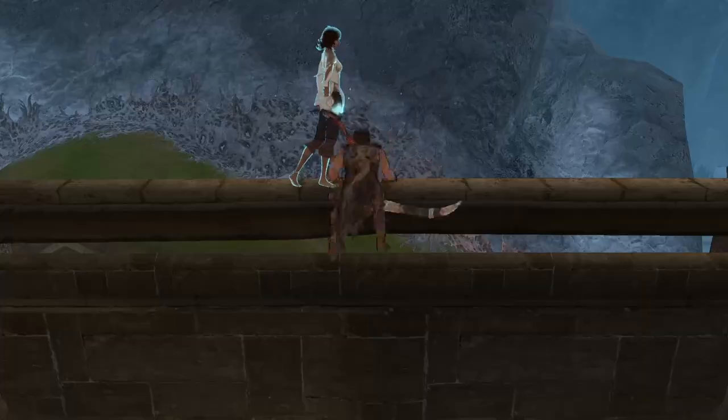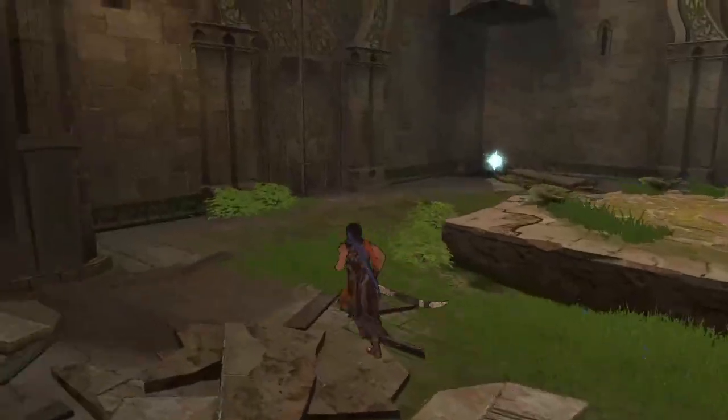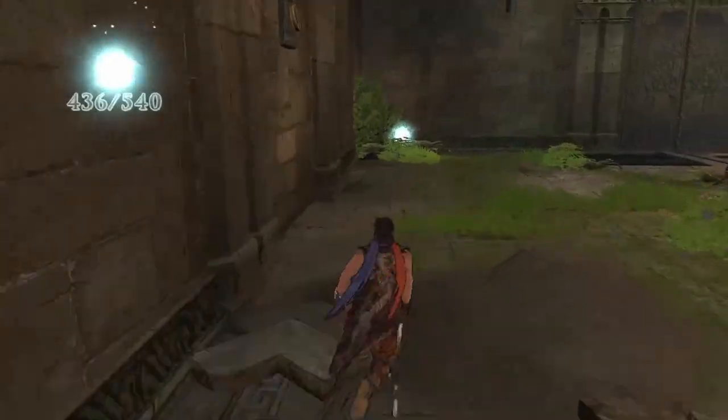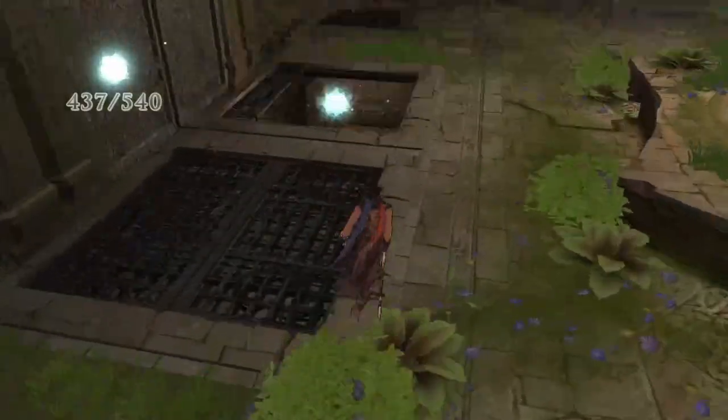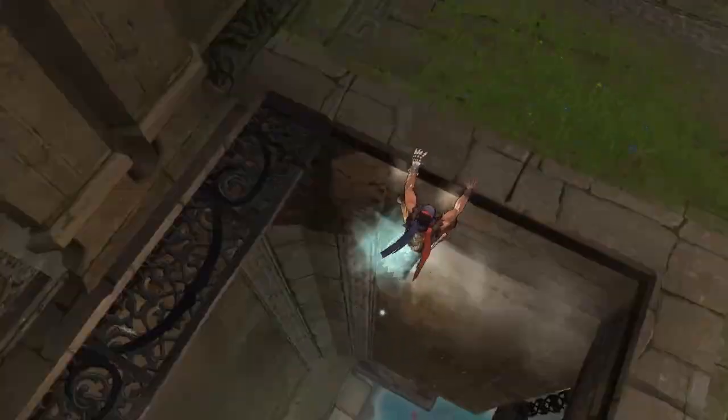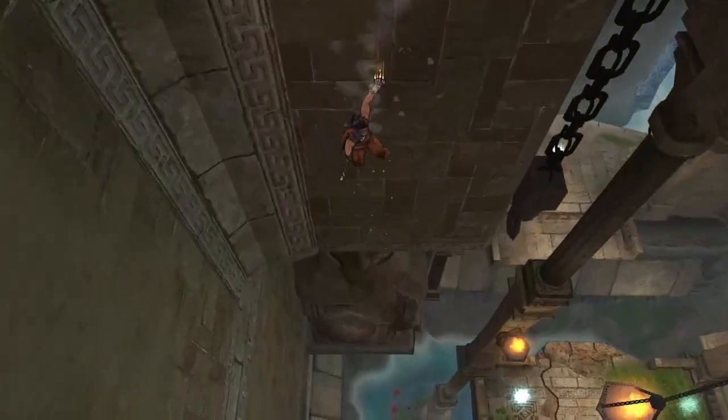I always thought that this art style was a form of cell shading, and I think maybe it does share elements of cell shading, but what the developers described it as is an illustrative art style.